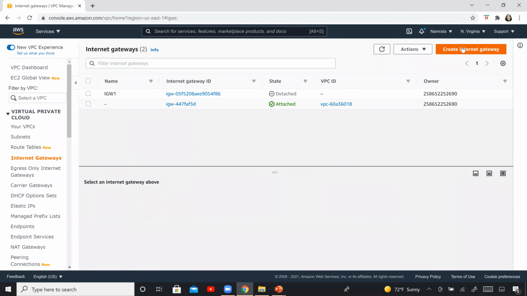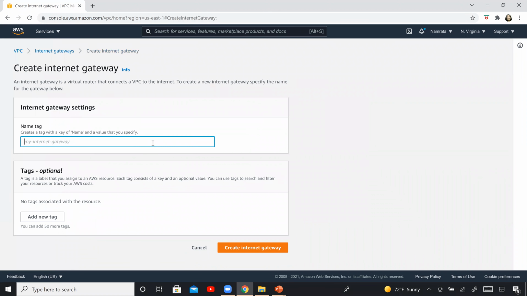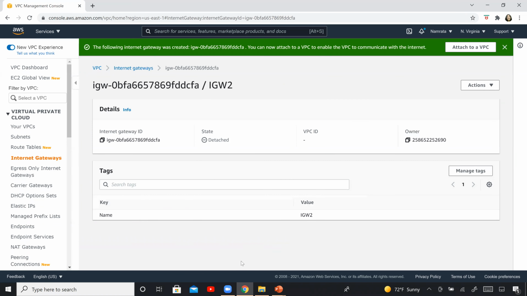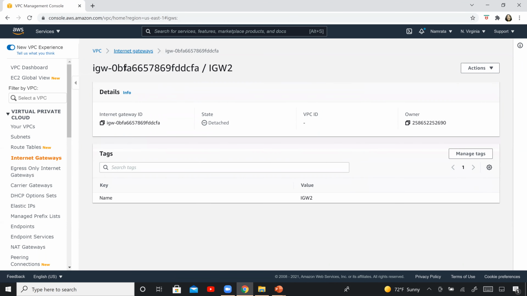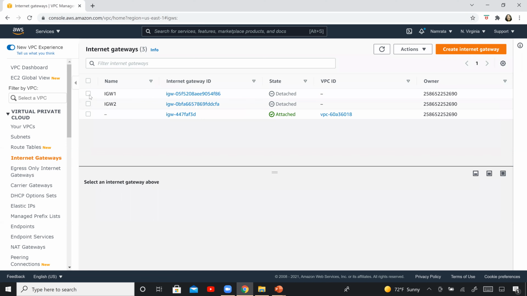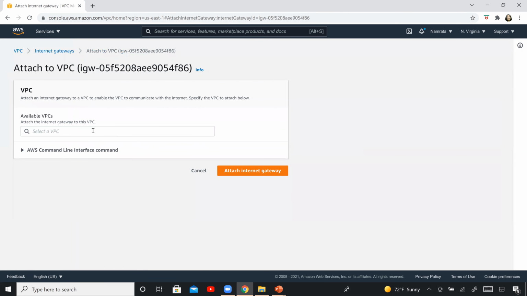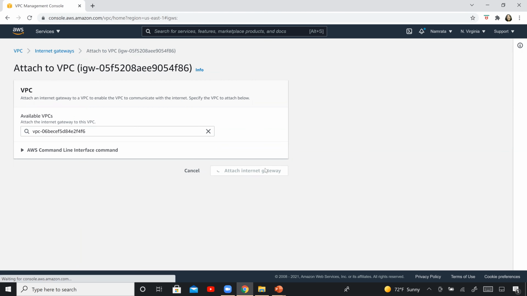Again, we have to create a second internet gateway now. So IGW2, and create internet gateway. And both our gateways have been created successfully. Now we have to attach them to our VPCs. So since this is Internet Gateway 1, I'm going to attach it to our VPC1. There's VPC1, attach Internet Gateway.